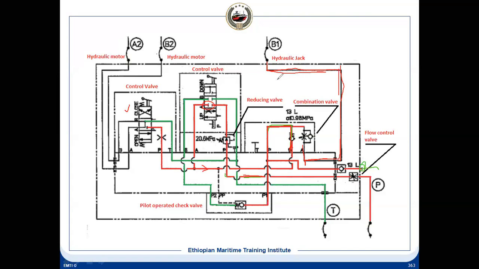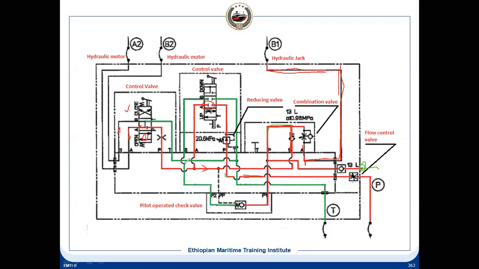Once the jack is lifted, only after that the flow will go in this direction. It means the open direction. Suppose this is the open, and you are manually operating open or close. In that case, this position will come here. Suppose this is position 1, it will come here. The flow will be like this. It means this will be connected. This will be the pressure line and this will be the return line. And the cover will open.